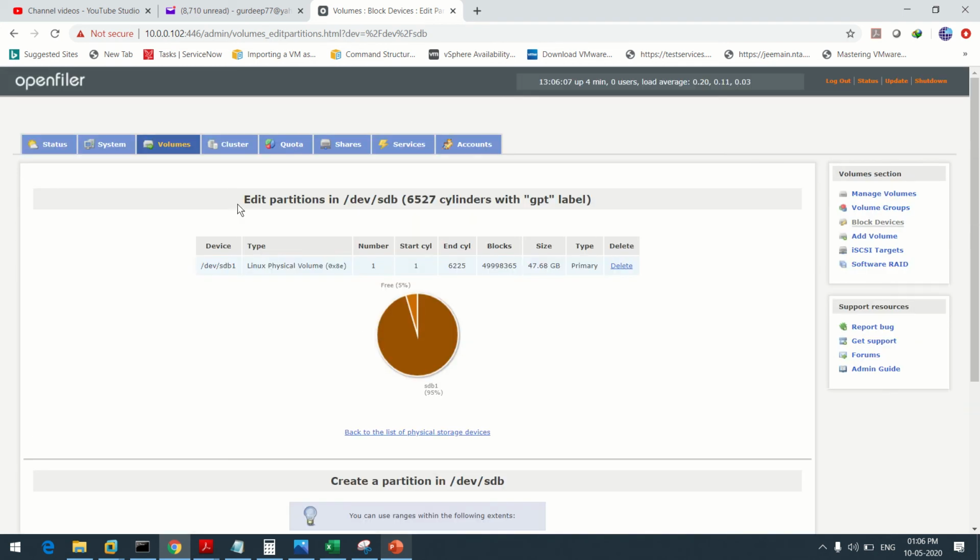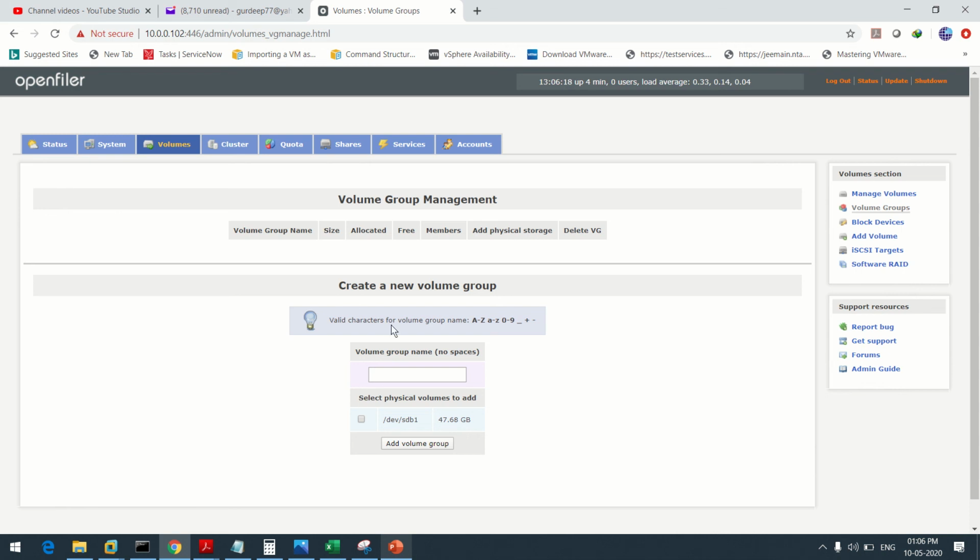So now again go to your volumes. Go to your manage volumes, add volume. One more volume is there, which is your SDC. We're also going to add that volume.